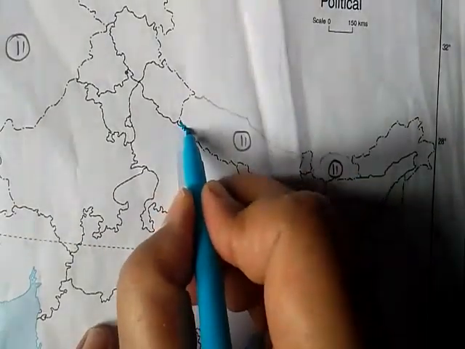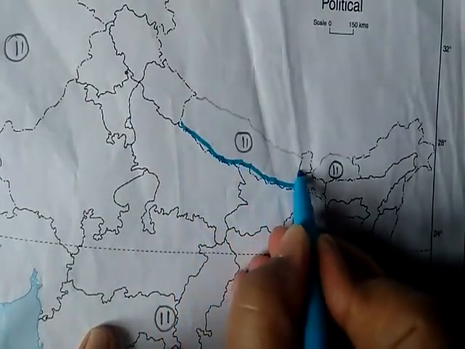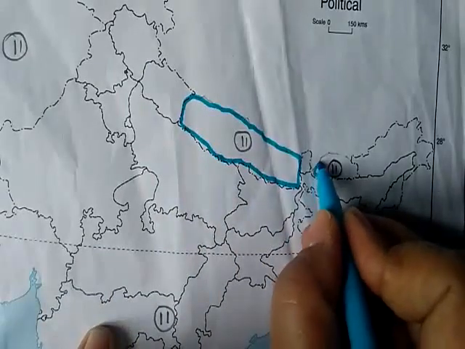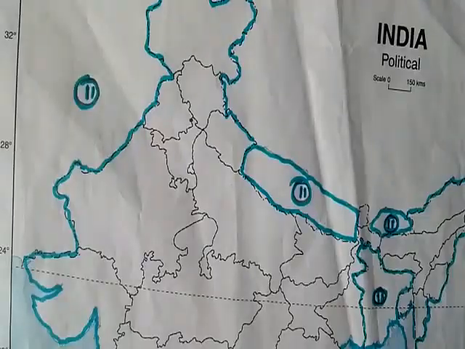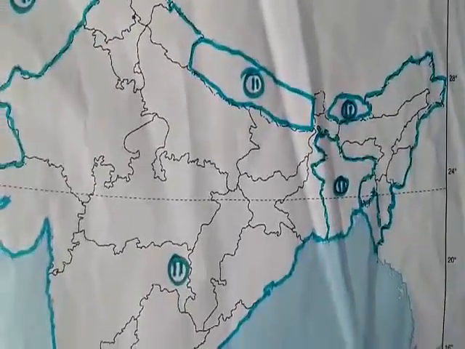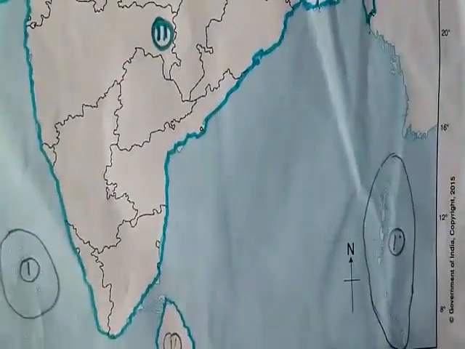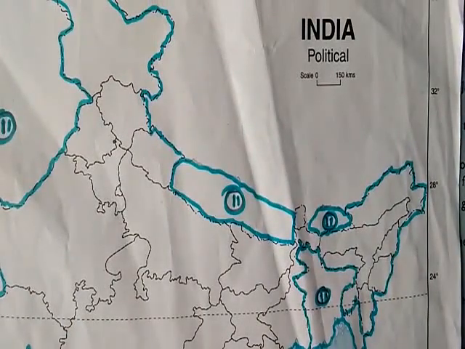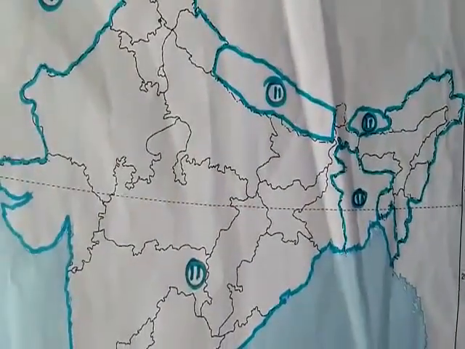like this. You should color only the boundaries. You can color it like this. So you can color the map like this, the map showing the Indian subcontinent. You can use any color. You should color only the border line, no need to over color it.